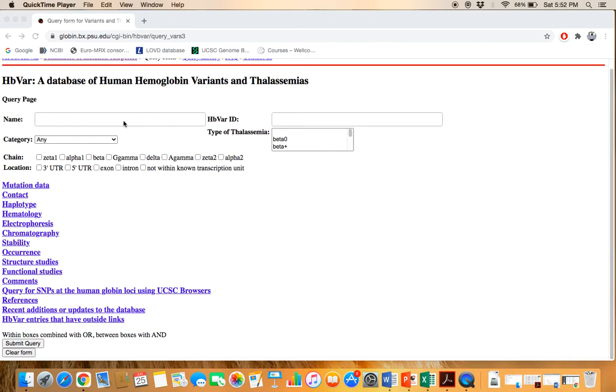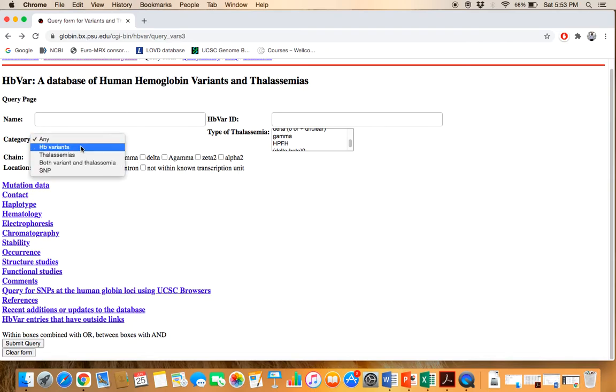You can search by either putting the name of your variant here or the HbVar ID, and you can select here which category this variant belongs to: alpha, delta, gamma. You can choose here, for example, the chain name, whether this mutation relates to the beta chain, alpha chain, gamma, delta, and you can also choose here the category of the variant. For example, you may want to keep the broader search term HB variant, or you want to specify thalassemia,